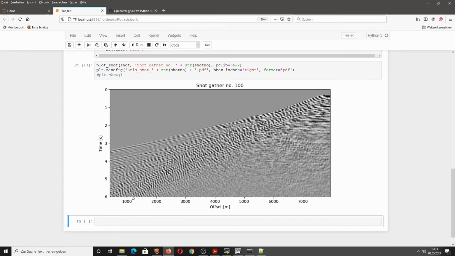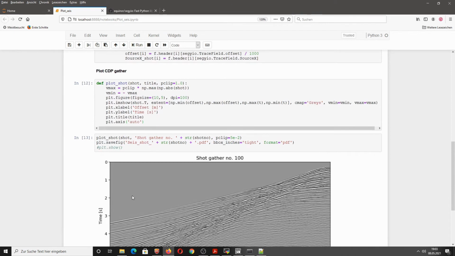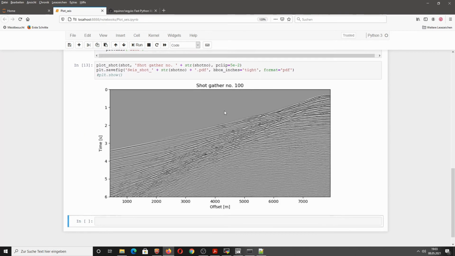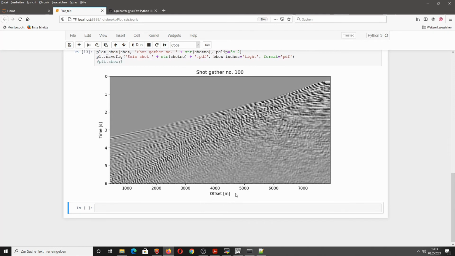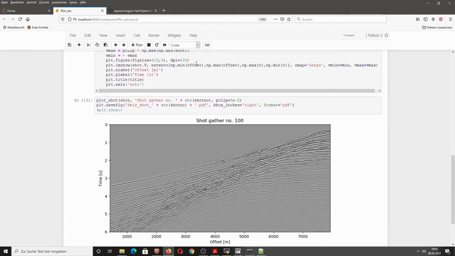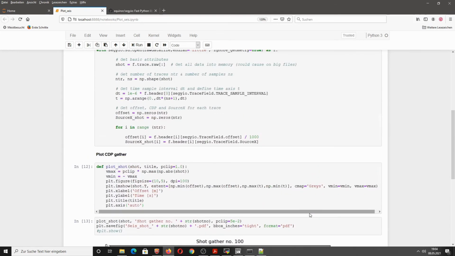The offsets seem to be not correct actually. I think this is not working because I simply defined the extent from min to max. So the offset axis is actually wrong. You should try to fix this, because this simply plots here an extent of the image. Instead of the offset, it might be better to use the receiver position or something like that.